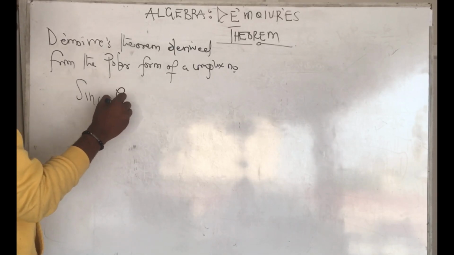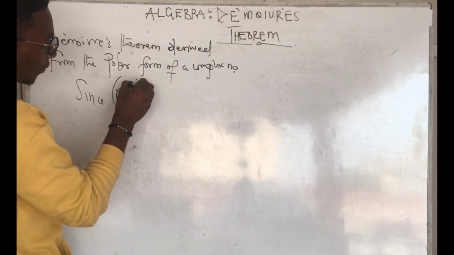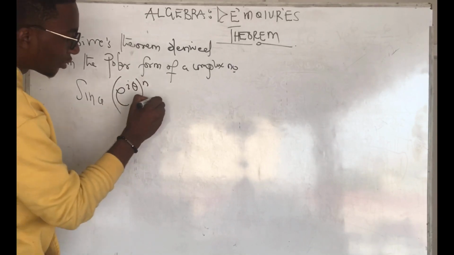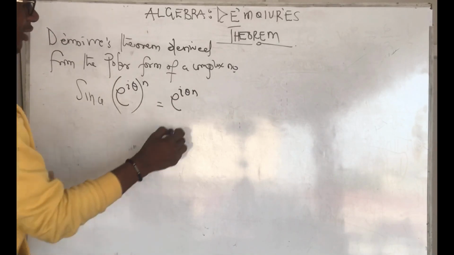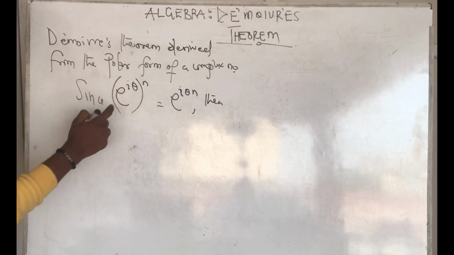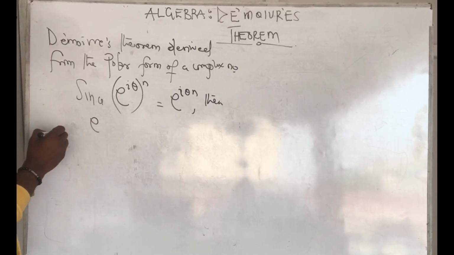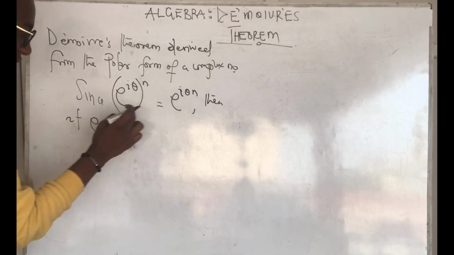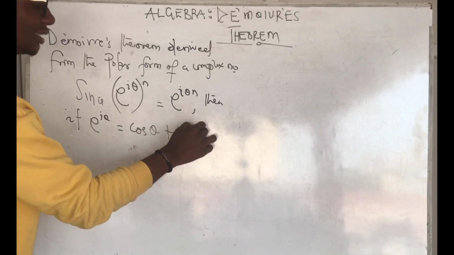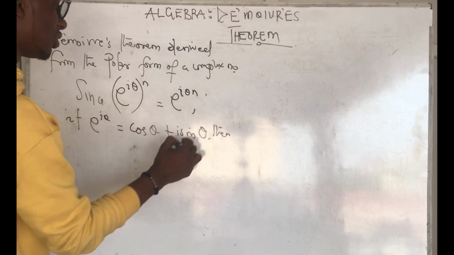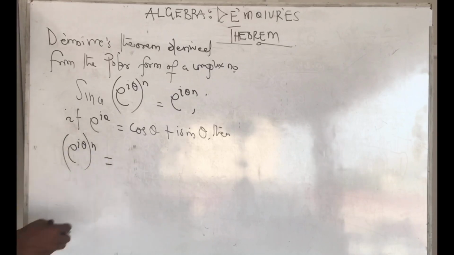If e to the i theta, e to the i theta, all exponent n, will be equal to e to the i n theta, then we can see that since this is equal to this, and e to the i theta is equal to cos theta plus i sine theta, then we will have e to the i theta all exponent n to be equal to